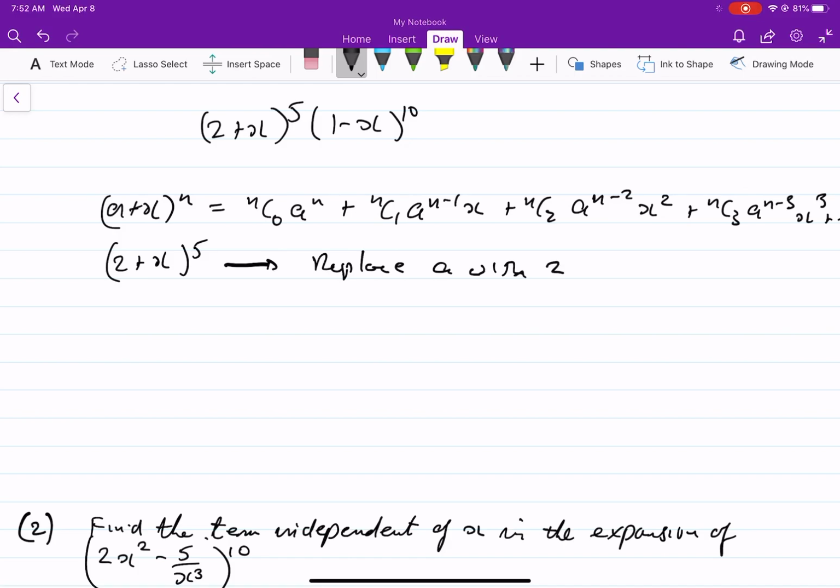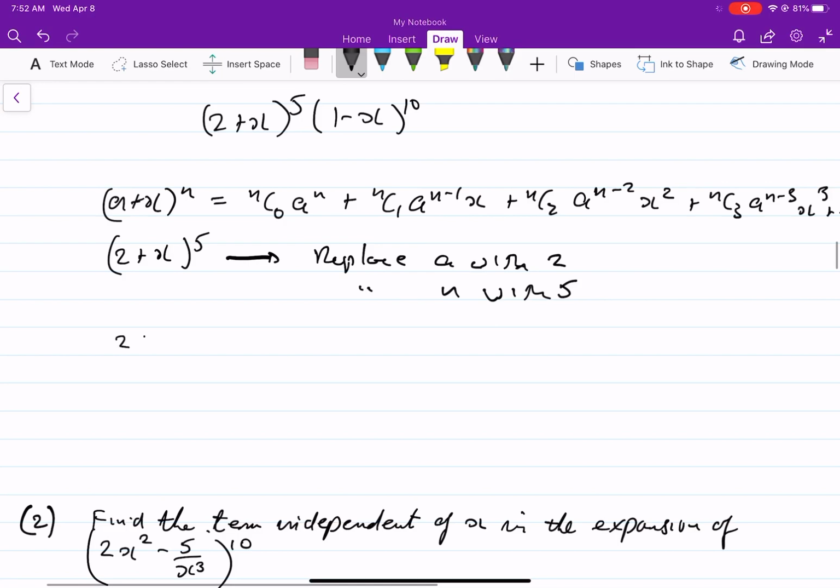I'll replace x with x, since it's the same x in a plus x and 2 plus x, so I don't have to replace it. X just goes back as x. And I replace n with 5. So therefore 2 plus x to the power 5 is equal to